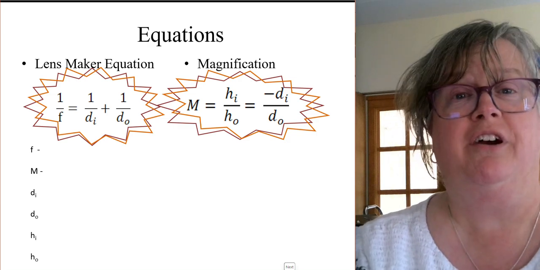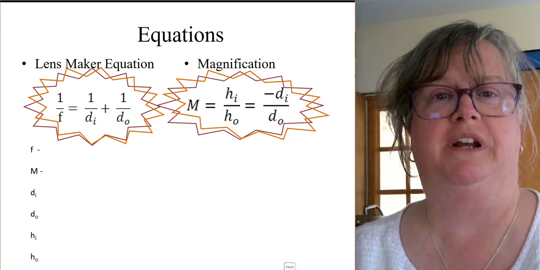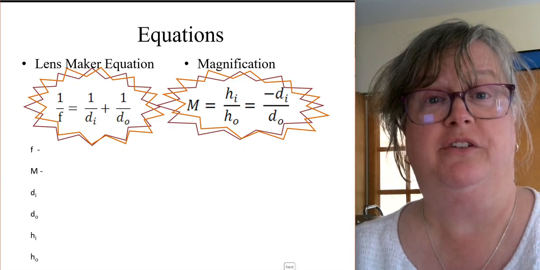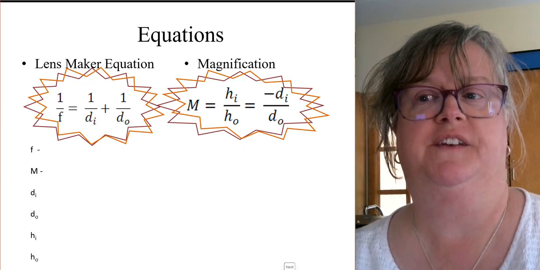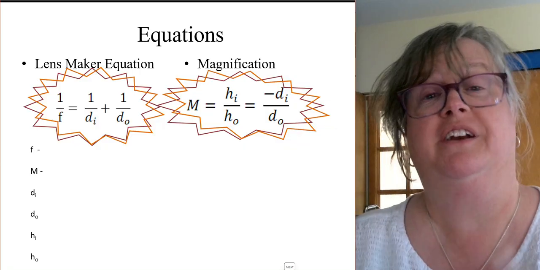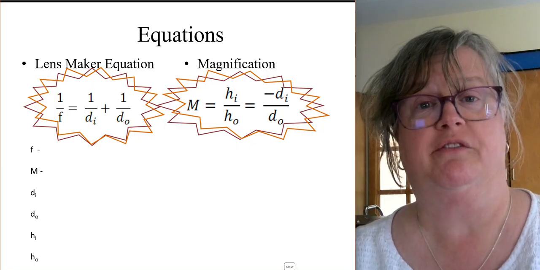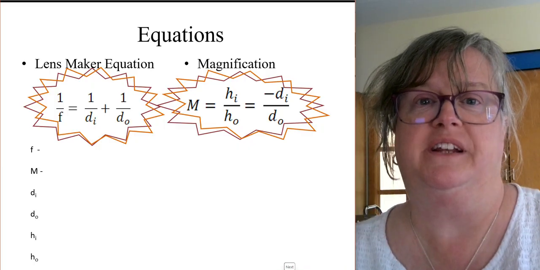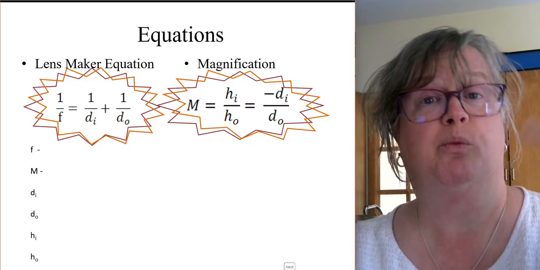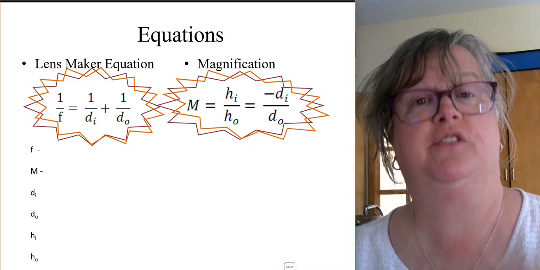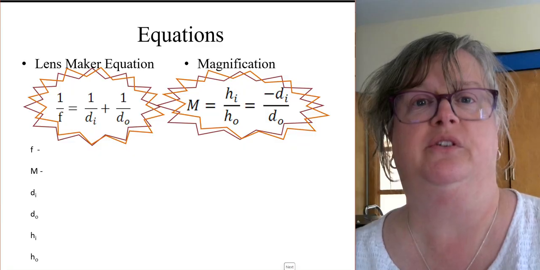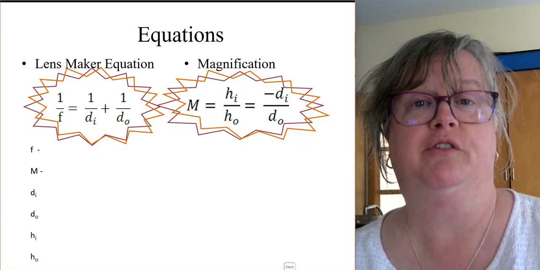So we are now at the point where we need to talk about the equations for lenses. And the equations for lenses are the exact same equations that we used when we were talking about mirrors. The only difference is basically for the focal lengths, which device does what. So we're going to continue to use the lens maker equation, or 1 over the focal length is equal to